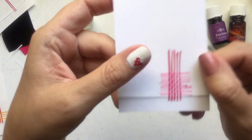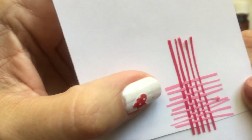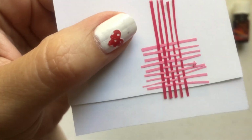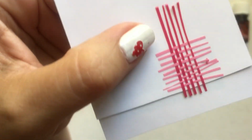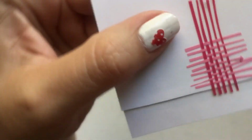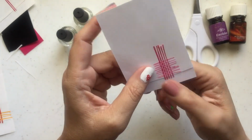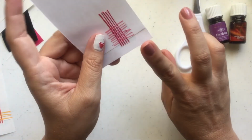This one is just to show you different colors. This one is dark pink and light pink. And I think it would look completely adorable on a little girl over some white nail polish. I mean, super cute. Okay, so you have this little woven piece, and for the sake of this video,